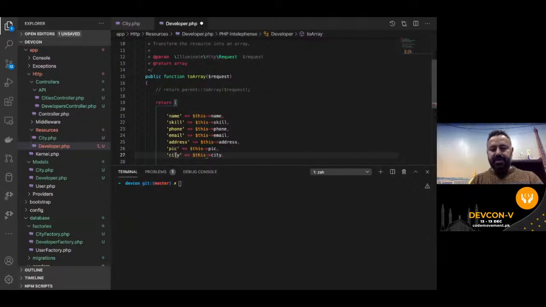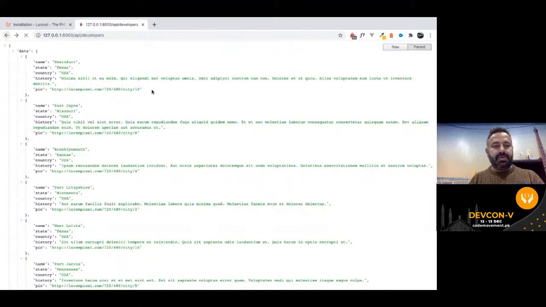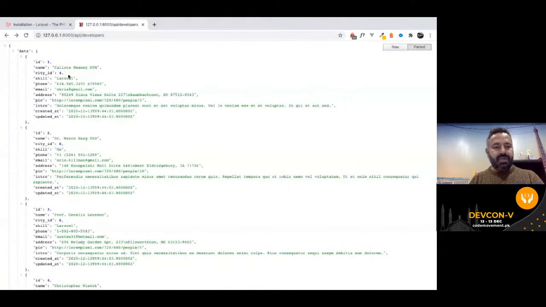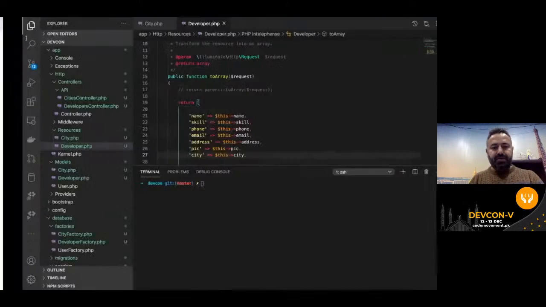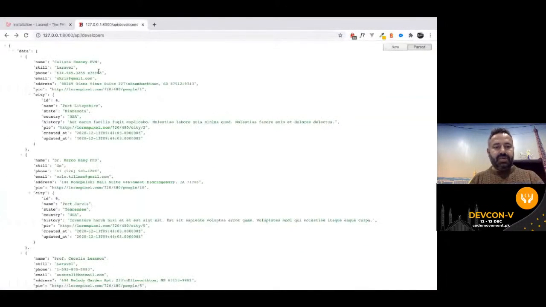Yes, don't we? So, what is this going to return in your opinion? Is this again going to return the same thing? Yeah, no, it's going to be different. So I save and I refresh. And now this is going to show you the name, the skill, the phone, email, and address, and pick, and everything. But this is also showing you the complete city model. Because they're related to each other, it's going to show you city, name, state, country, so complete everything from this,